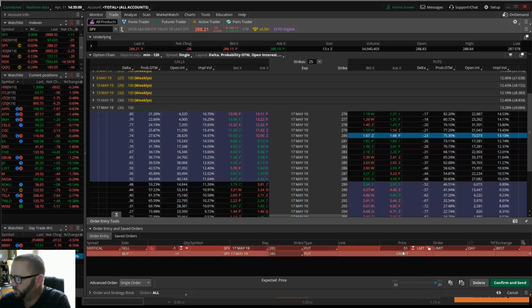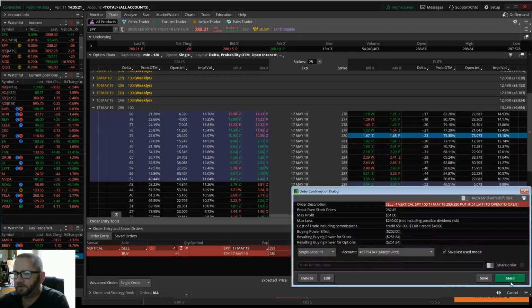So mid price 51, 51, limit. Here you'd have to change it to good till cancel if you wanted to try to get in it longer than 1 day. And then you just go ahead and hit confirm and send. Now it doesn't give you the information that Tasty does. Here, you know what your break even is up front, right? They'll tell you that one, and how much you're going to make, what your max profit is, your max loss,